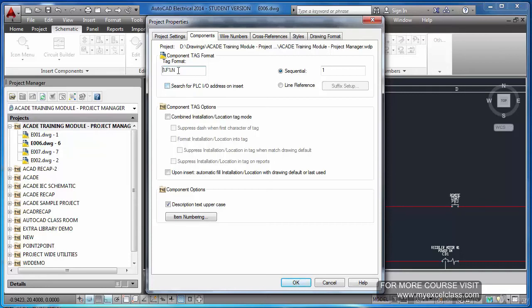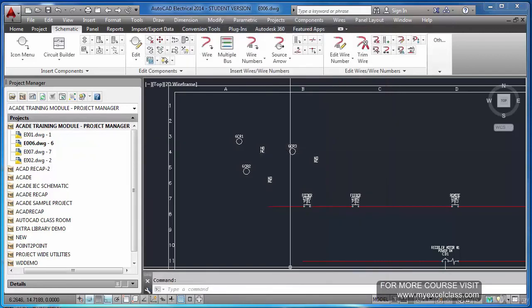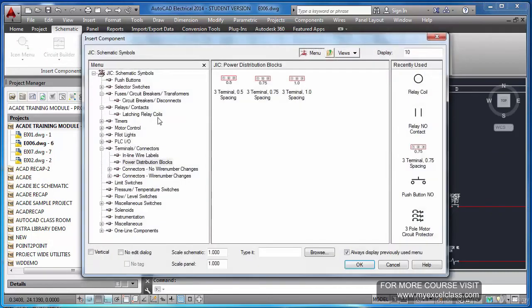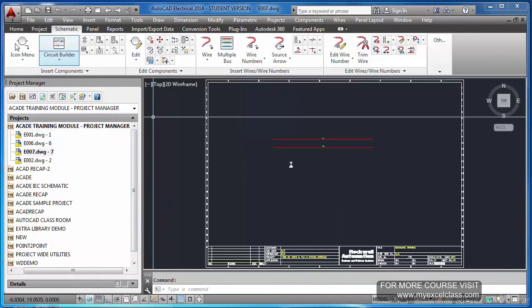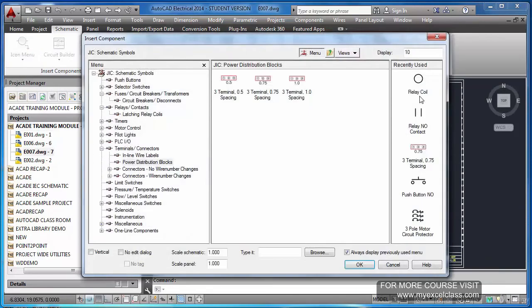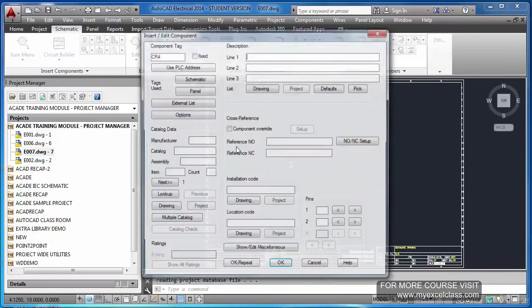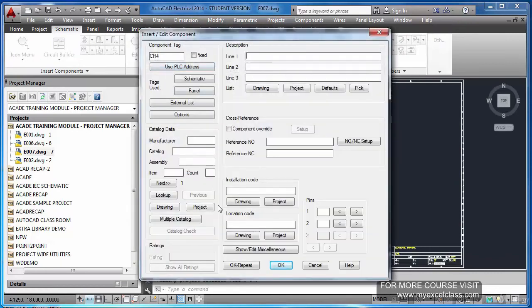By default it is percentage F and percentage N only. If I put a percentage S there, for sheet number, and then go to the next sheet, 7, and try to insert here, it is CR4 only. Why?